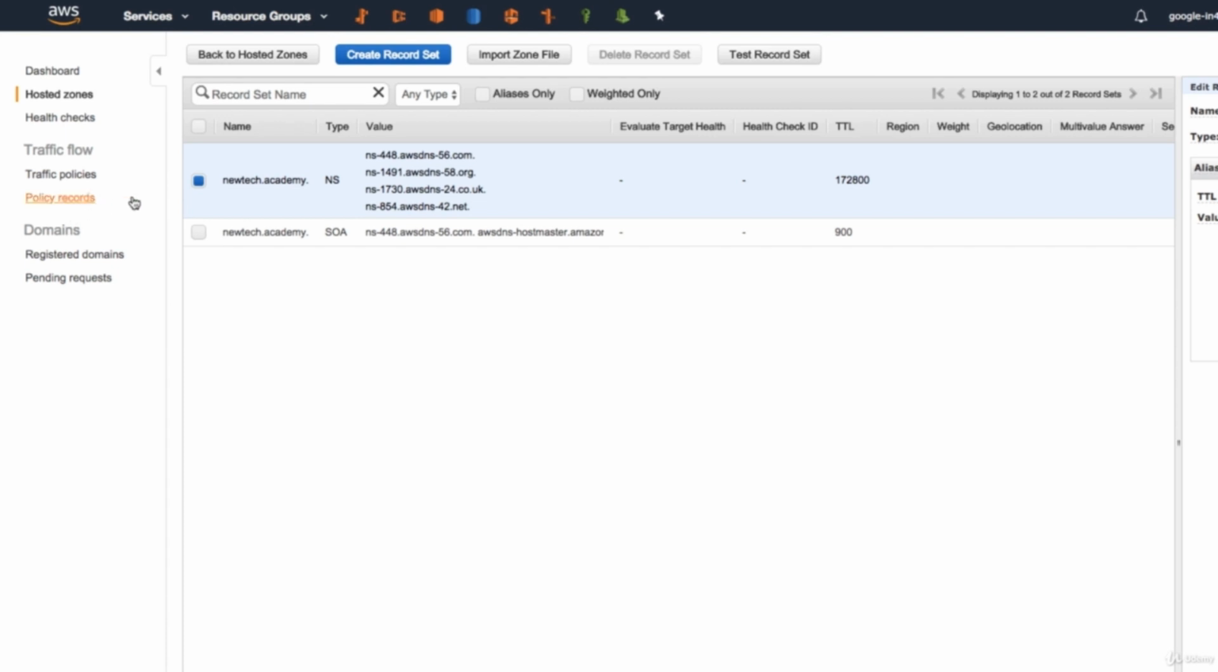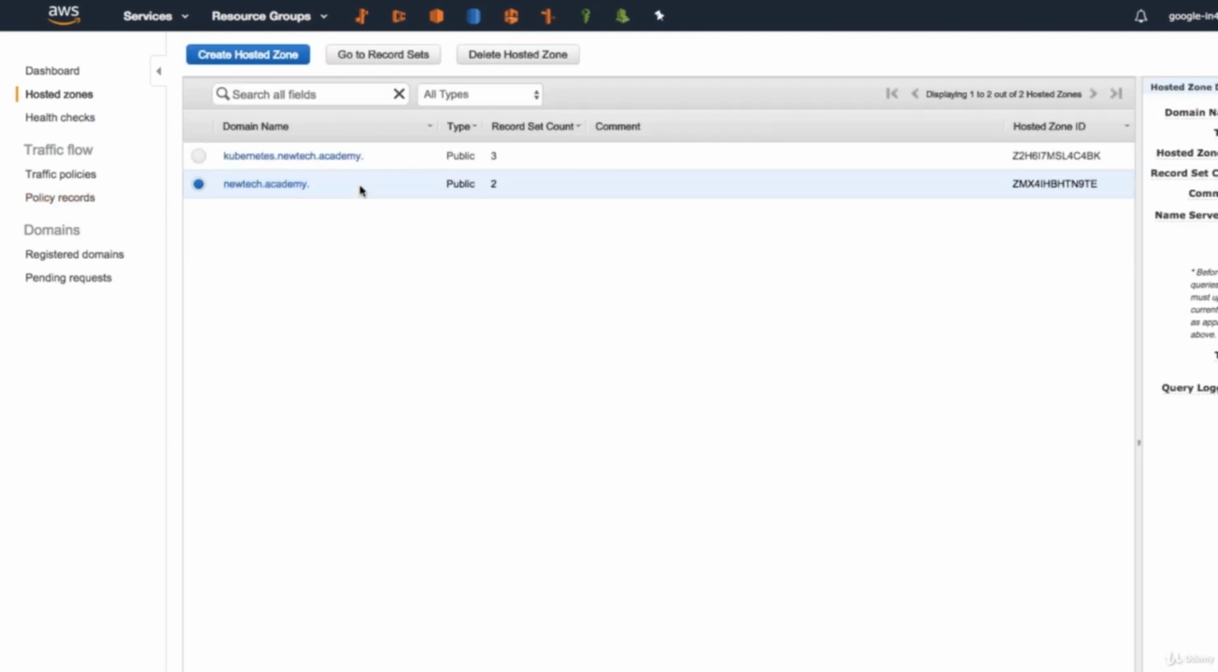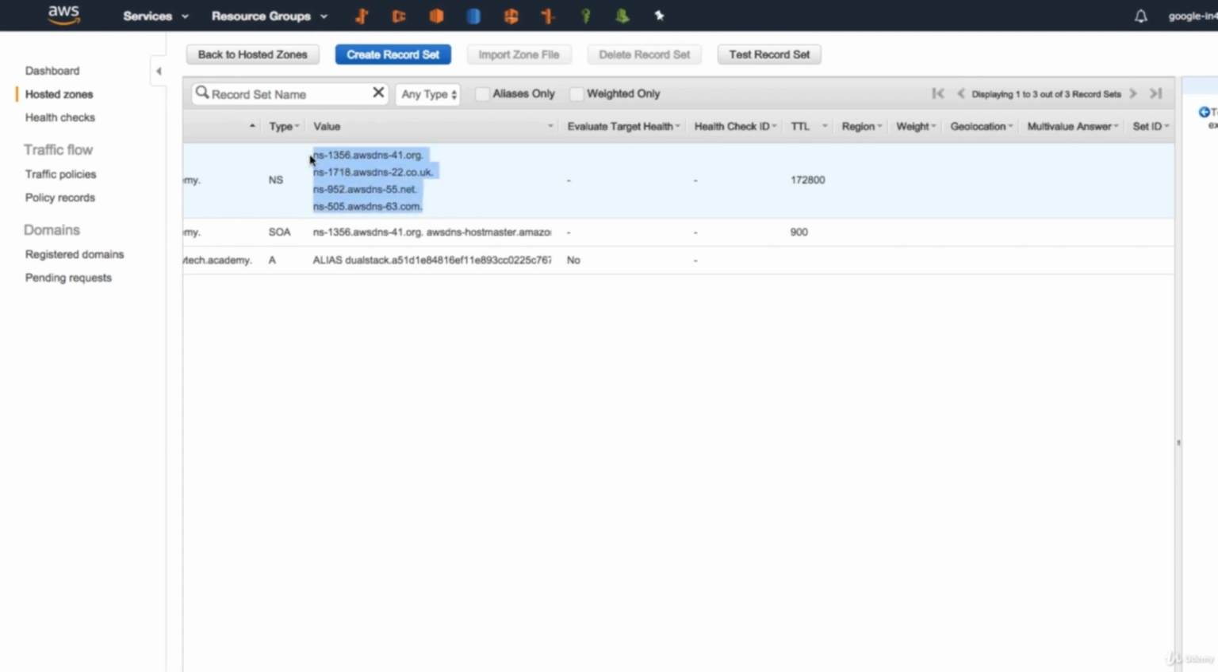Then your domain name points to this hosted zone, but that doesn't mean that this hosted zone will work automatically. You still have to create name server records that point from your main domain name, New Tech Academy, to Kubernetes New Tech Academy. So then you can copy those,